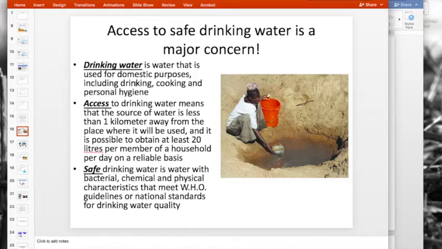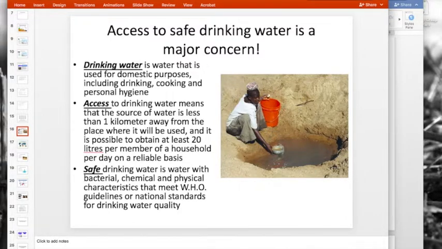Cooking, it kind of goes without saying. Let's bear in mind as well that when we're talking about cooking in this situation, we're really talking about cooking things that you've grown, basically, or things that you bought from a market. We're not really in much of a purchasing processed food market when we talk about access to safe drinking water in developing countries and less economically developed countries.